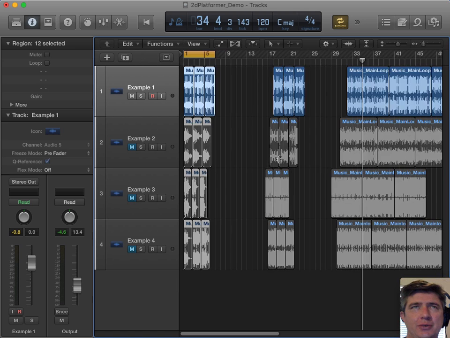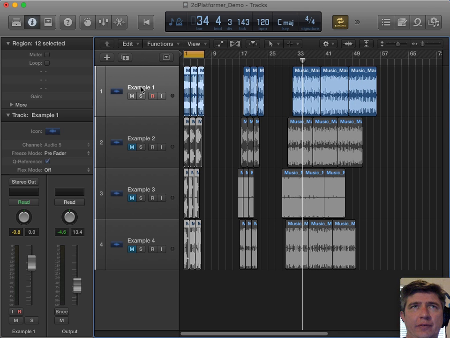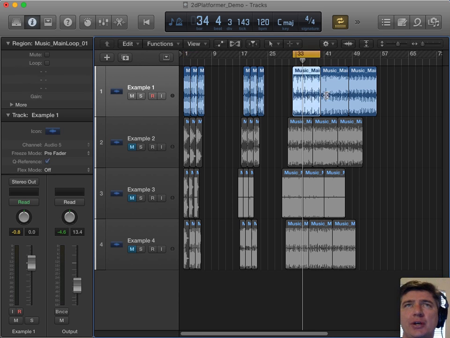They're in this order just because of how they import, alphabetically. We're going to start by listening to the main loops. We'll go through a couple of these examples and talk about how things are going to work.